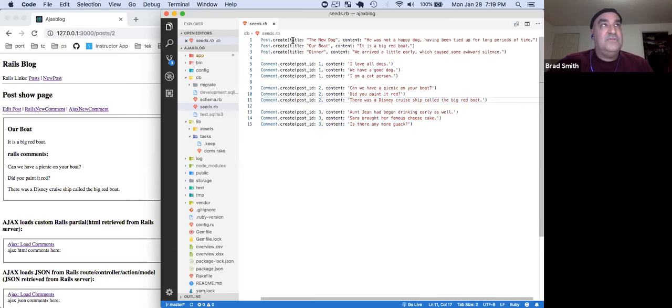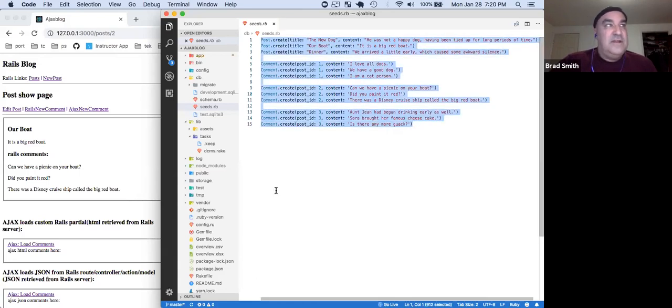In our example here, post, create with a title and content, and you just make a few posts. And notice I make the post first because these comments down here all have a post ID. So top to bottom, when you run rake db:seed and run this file, it creates the post first so that post ID is a thing. Post ID 2 is a thing, and post ID 3. If you did it in the wrong order, it won't work. Also, forcing yourself to make a seed file like this will help you get your thoughts straight on what your database should be doing. And sometimes you'll have strange relationships in your database that don't quite match up to reality, and this will help